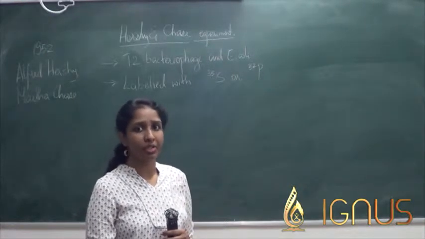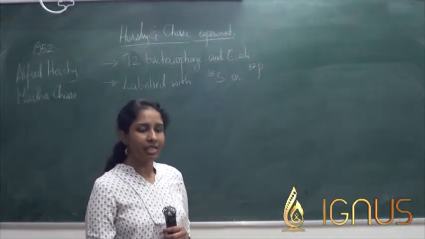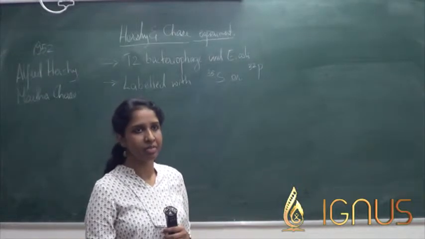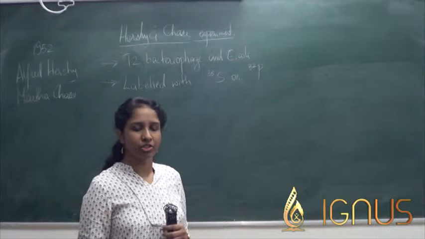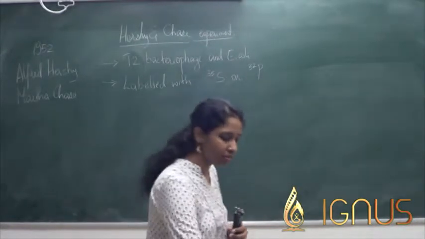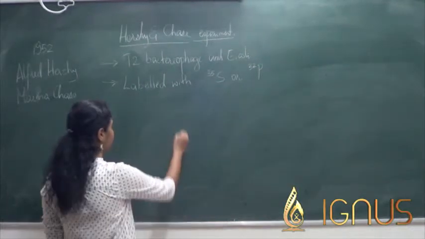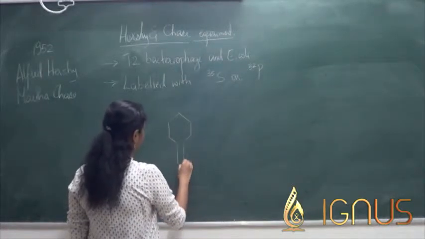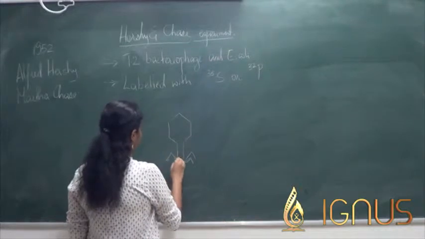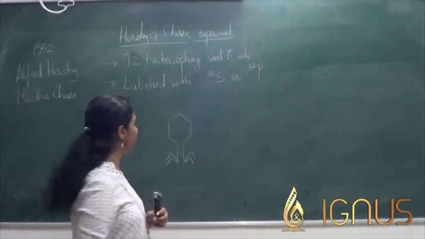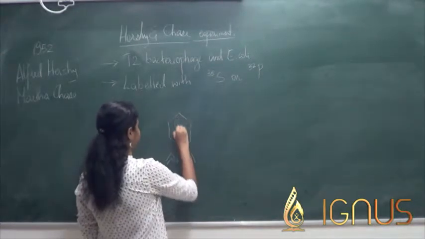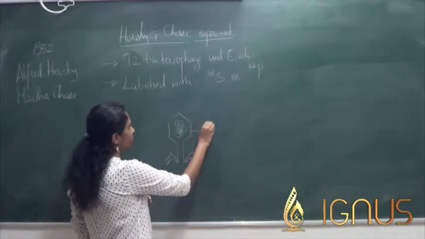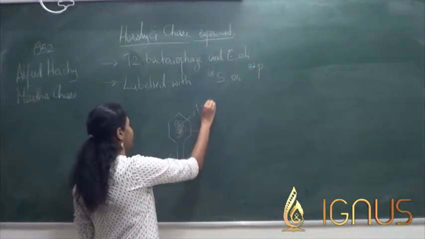Now, why exactly radioactive sulfur or radioactive phosphate? Bacteriophages are very simple creatures, in that unlike bacteria or other eukaryotic organisms, they do not have a very complex cell structure. It is made up of a protein coat and DNA within it. So they usually have a hexagonal head, and they have a tail, and they have leg-like structures to attach to the bacterial cell, and they have DNA within themselves. So this will be the protein coat, and this is the DNA,